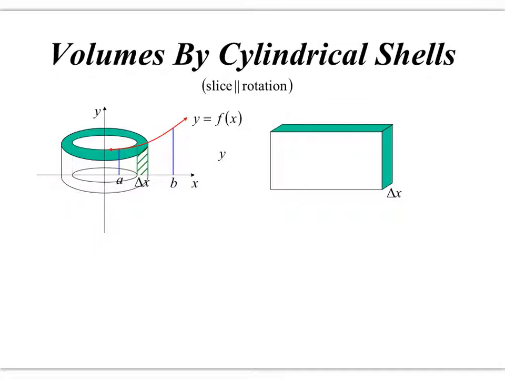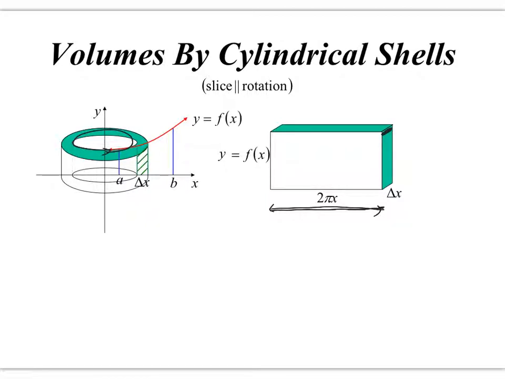Alright, so we now need to find out the dimensions of this. So this height is going to be the y value, which is that height there, which is the same as subbing in the function value. This length here is actually the whole way around. When you unravel it, you end up getting the length of that prism, but that is also the circumference of that cylindrical shell. And because this is quite thin, you might be thinking, well, there's a little bit extra, but